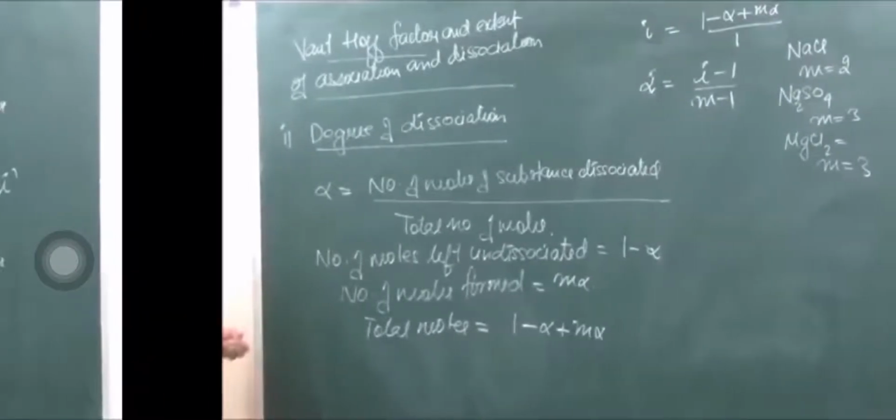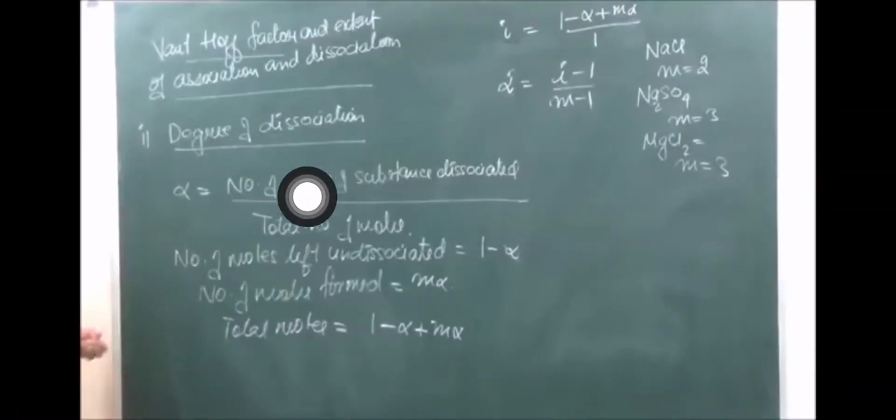So this way you will get the value of van't Hoff factor, that is i factor. Now moving ahead, for how much of this factor is associated and dissociated, we have to see the degree, right? That is how much amount is associated and how much amount is dissociated. This is just for your introduction, as this is not in your syllabus, right? But for your knowledge, I'm just explaining that there will be again a van't Hoff equation. We know the van't Hoff factor, that is i, right? And it will be extended to